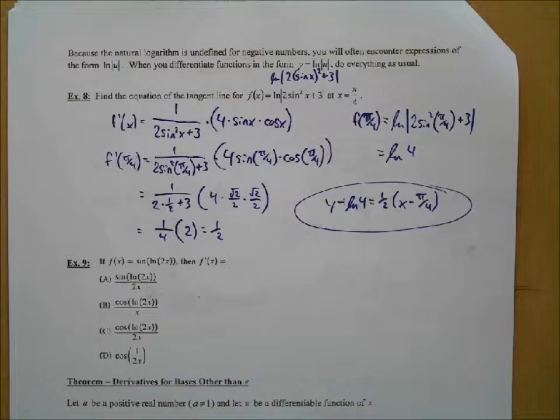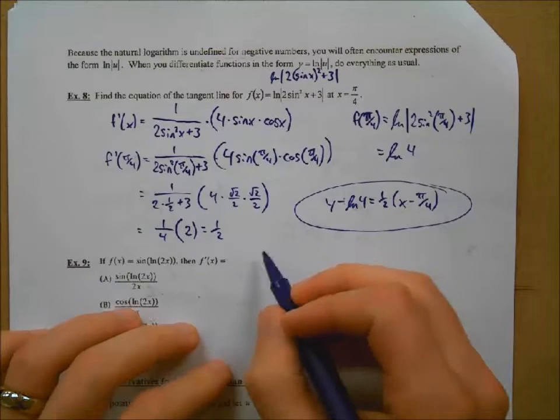Now, you don't have to simplify, and I've told you that in the past. So what you could have written for the equation of your tangent line in point slope form, this is absolutely okay. You could have written